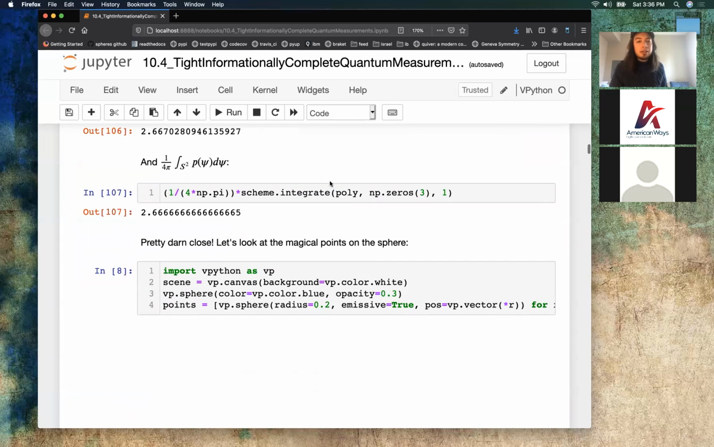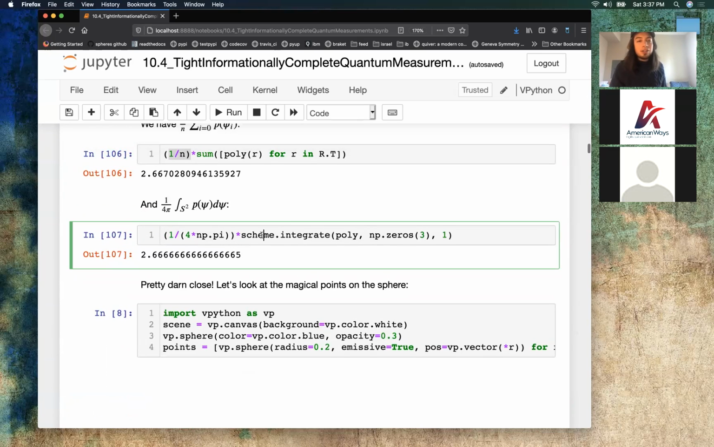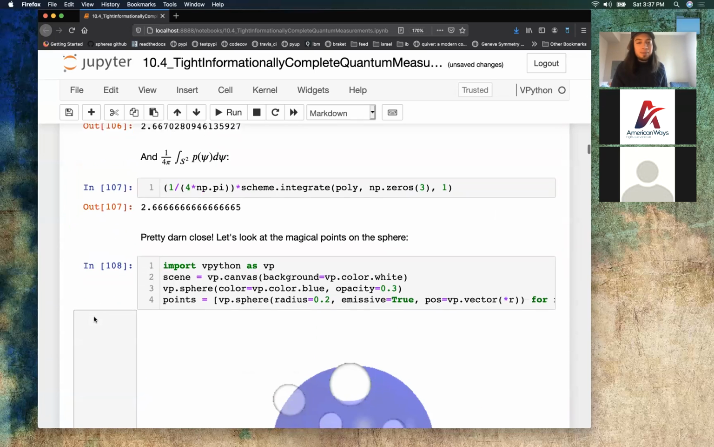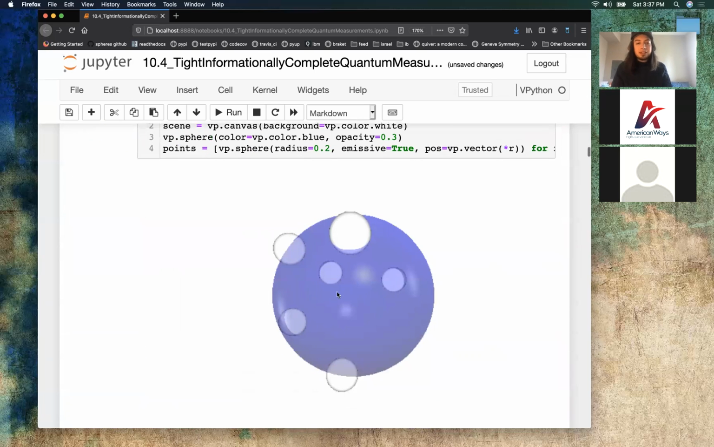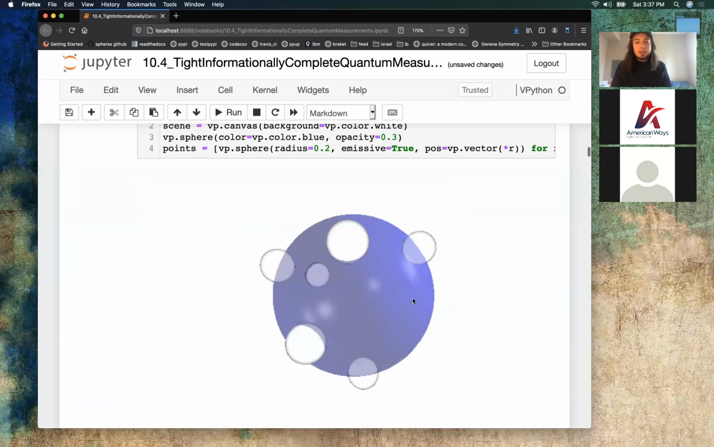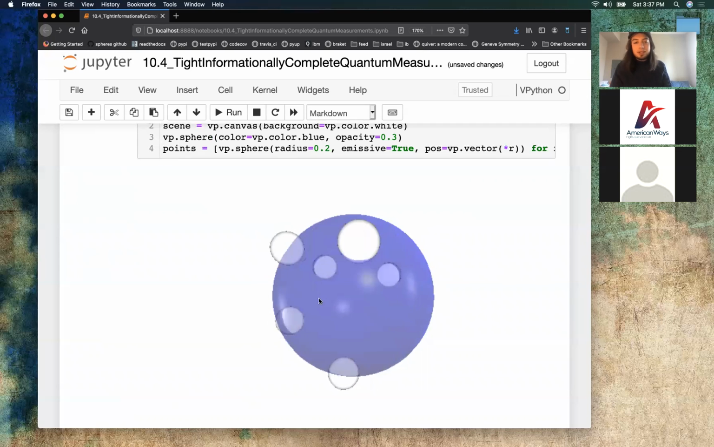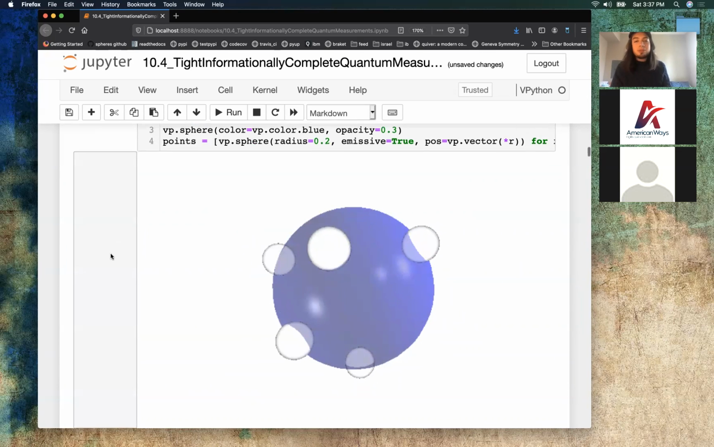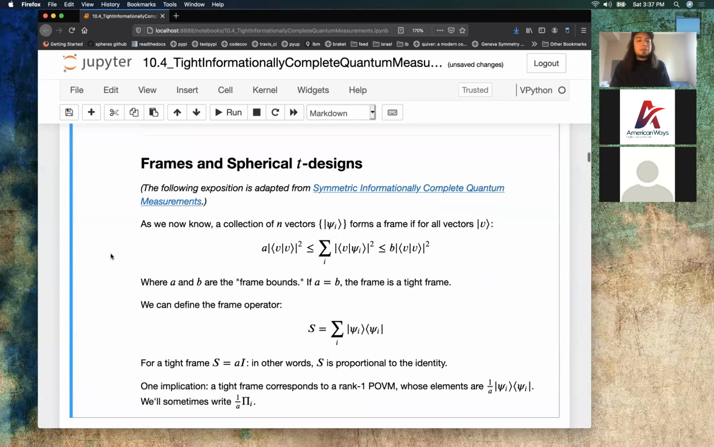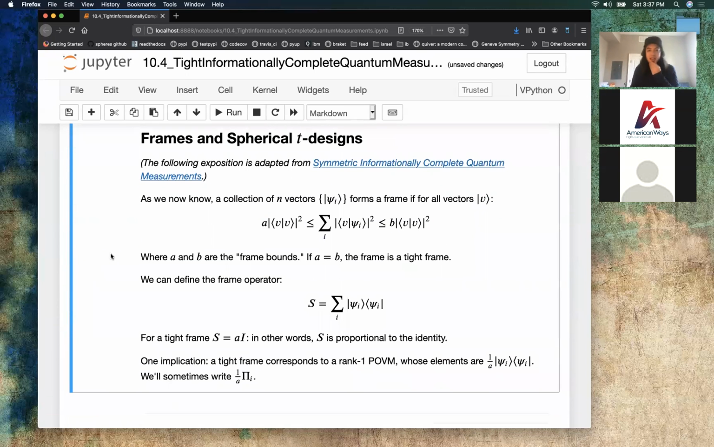So okay, it worked-ish, and we can look at the points too. So these are the points that it found. Would we know that that was a 2-design just from looking at it? I don't know, but there it is. Okay. So